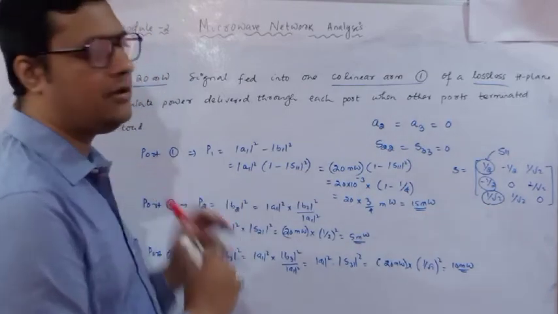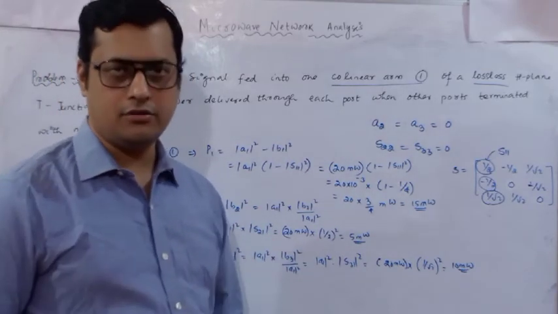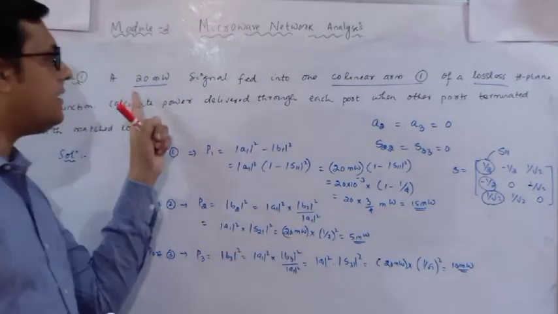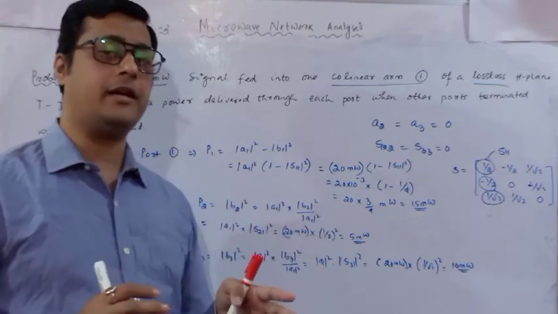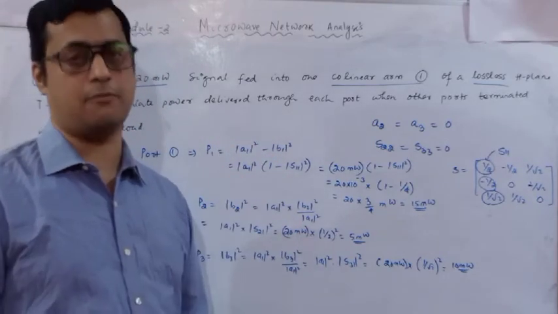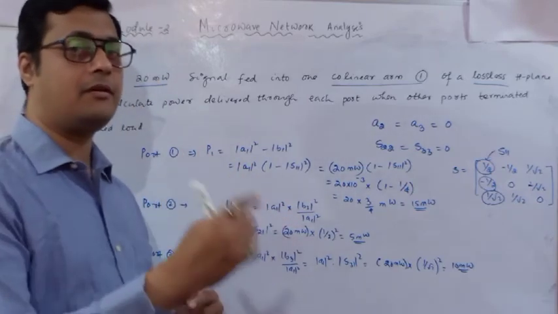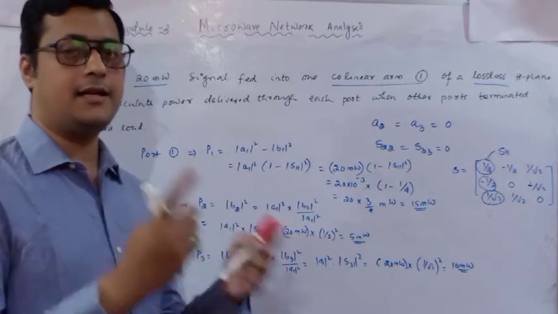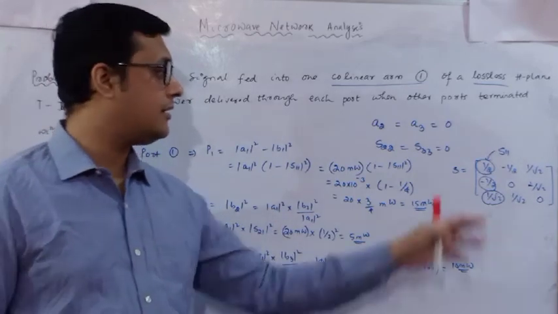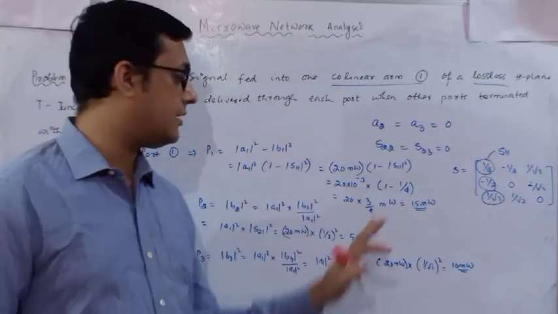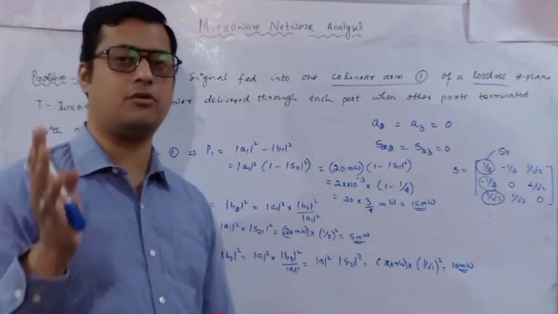So this is one sort of numerical through which you can understand where we have to use this scattering parameter and how we are going to use it. Remember what power is given to the arm, any arm, port 1, port 2, port 3, but you have to identify what power is going to be delivered to the other port. Delivered means you have to identify the power like this: incident power minus reflected power. Incident power with respect to reflected power, you will get a relation with respect to the scattering parameter. Substitute that, and the transmitted power is 15 milliwatt. And this 15 milliwatt you are going to distribute in port 2 and port 3.